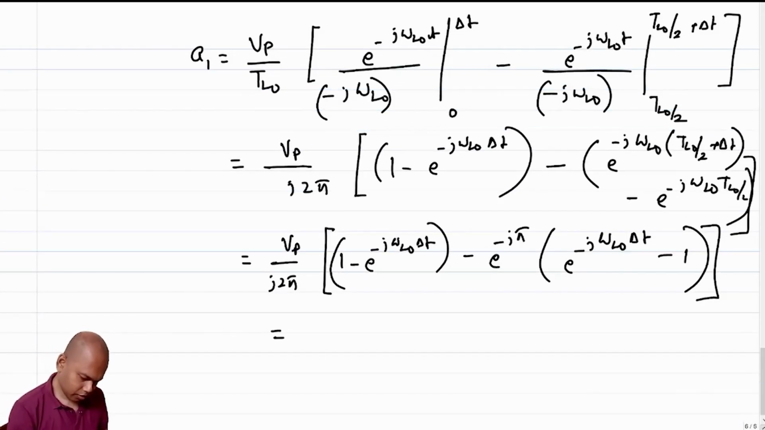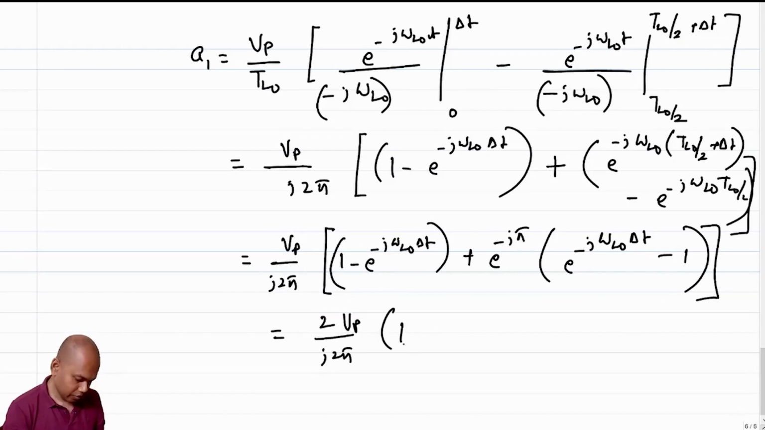I made a mistake here, so this should be plus because I took j omega LO out. So if I keep j omega, then this negative becomes positive. So this becomes plus. So e power minus j pi is essentially -1, and this one flips, so I get twice of this, right? So basically I get 2 Vp by j 2 pi times 1 minus e power minus j omega LO delta t,